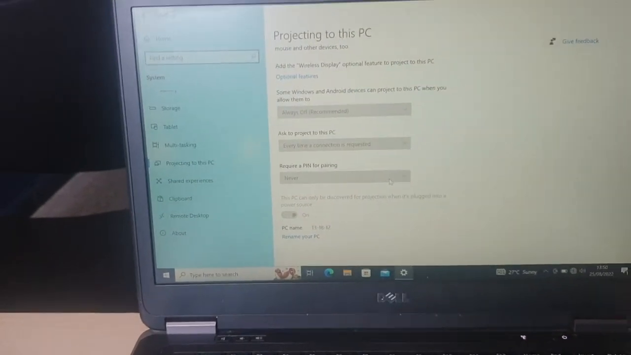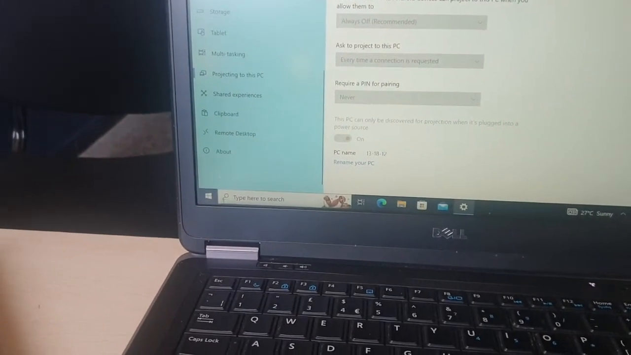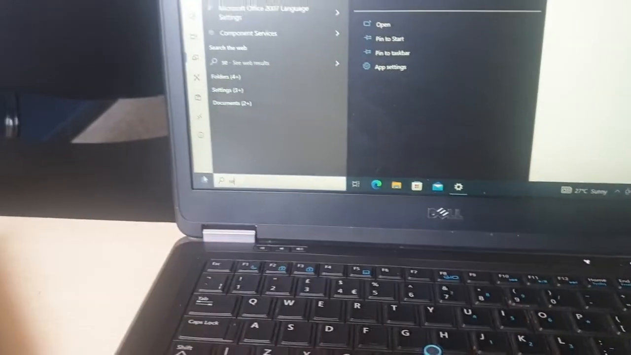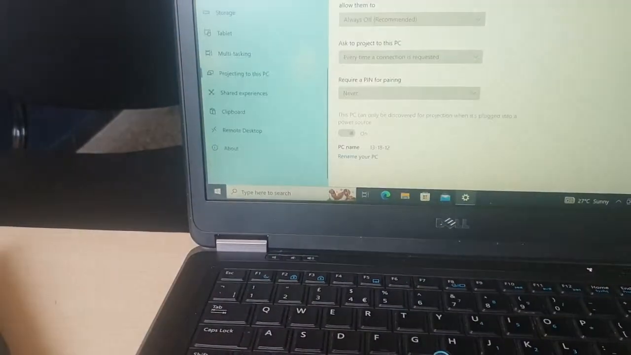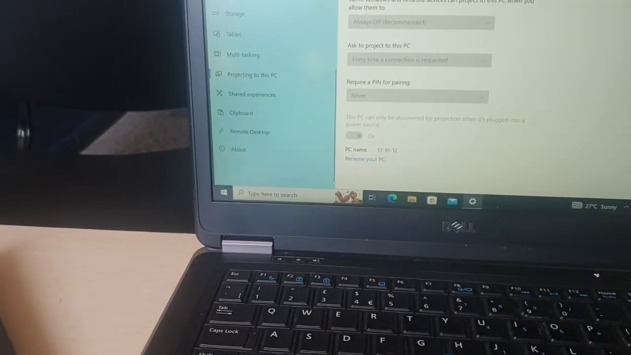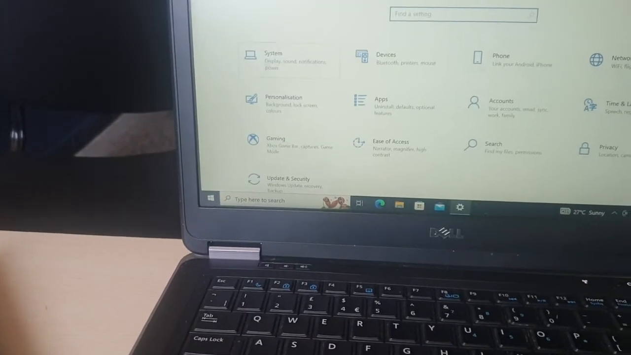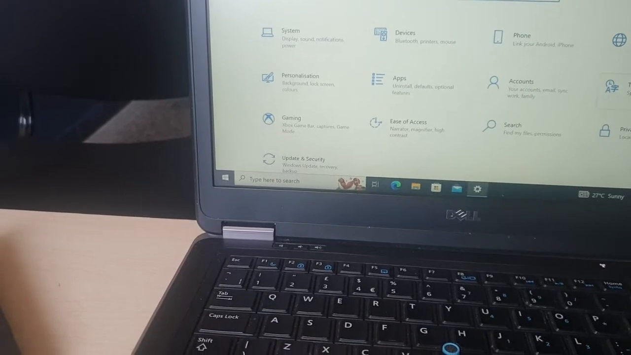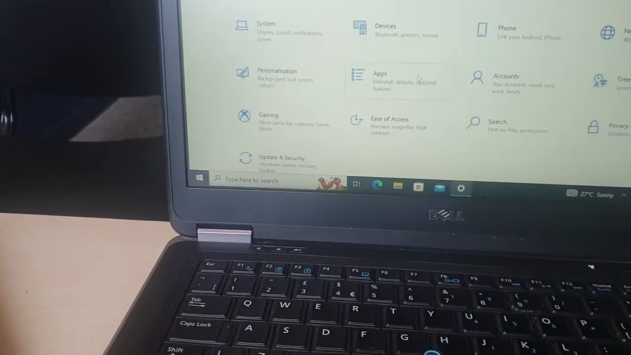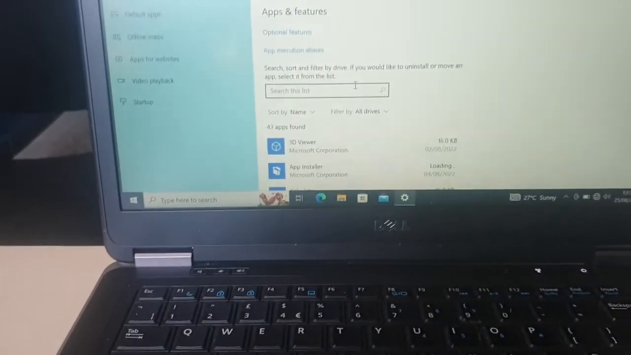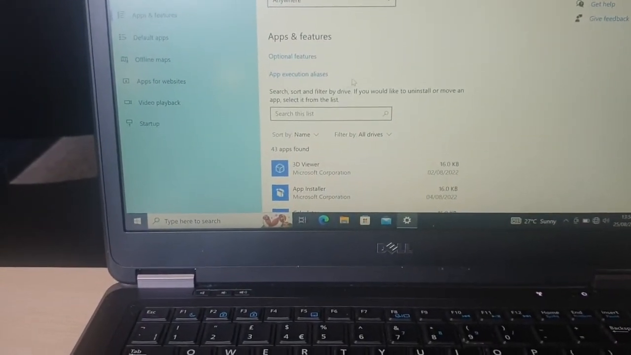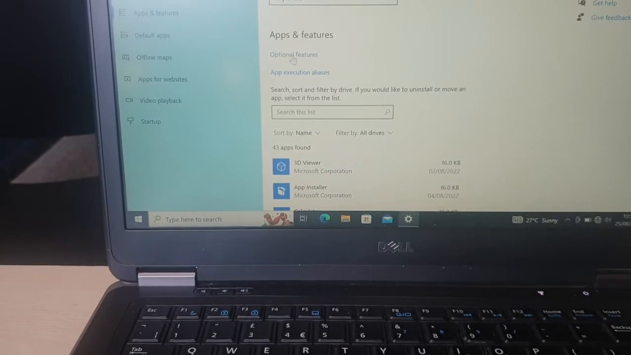So what I need to do is basically go on settings. So go on settings, and in settings I go to the apps. I go to applications, apps. Okay, in apps I need to go to apps and optional features,